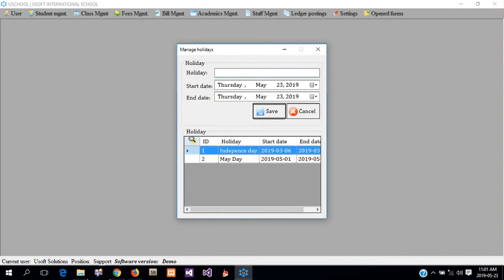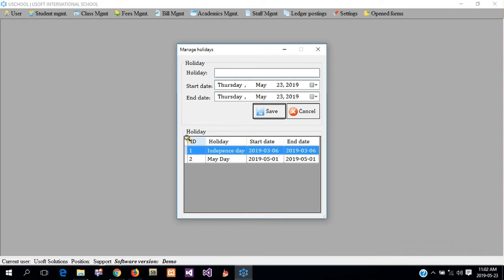Now, the holidays, this is extremely important when you're using the system to mark attendance. When we define the term, setting the date range from where the term begins and the term ends, if you're using the system to mark attendance, the system uses the full working days, that is Mondays to Fridays, and calculates them as the number of days spent in the term. Any number of holidays that you have in the term, you need to set them here. Then the system will automatically deduct such days from the total number of days as it calculates using the term's